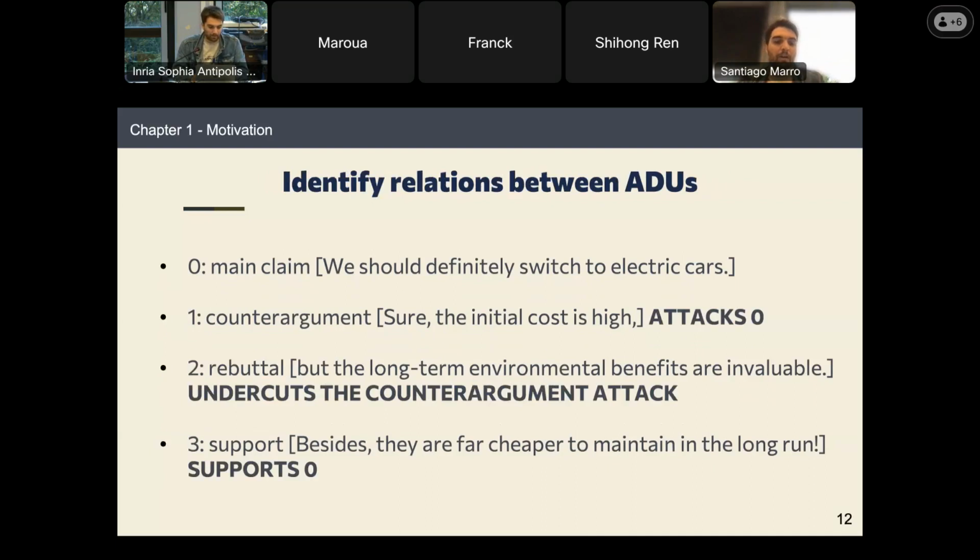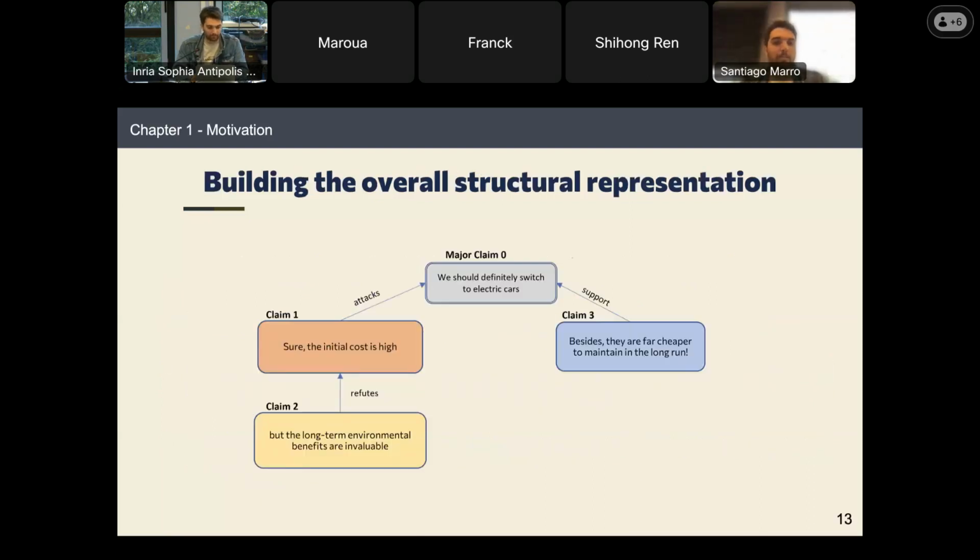For example, the counter-argument, the one labeled with 1, is attacking 0. So we have a relationship of attack. Then we have the rebuttal, the second unit, which is undercutting the counter-argument's attack. So in a way, it's attacking the attack, it's refuting the attack. Finally, we have another possible relationship, which is the support. As we said, the last argument is supporting the main claim.